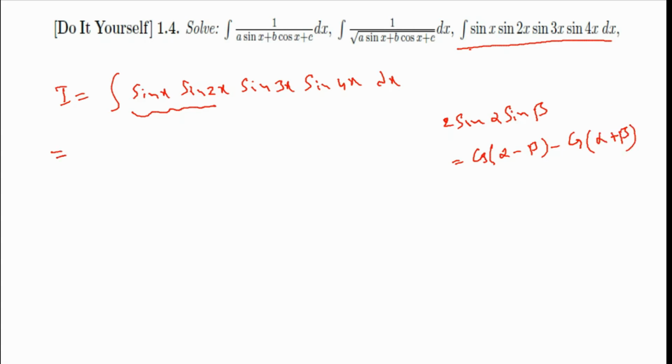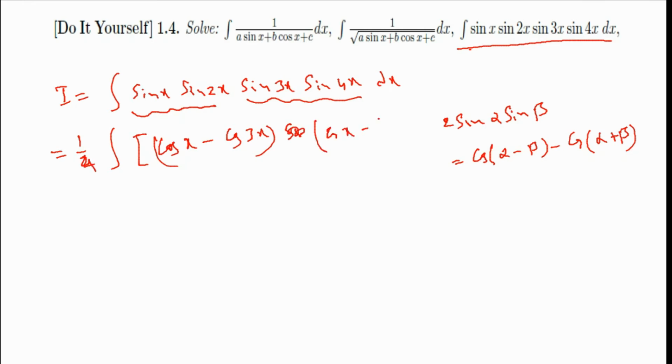So just multiply this by half integration. So cos x minus cos 3x into, okay, again these two you can also multiply, so 1 by 4, and this is cos x minus cos 7x dx,